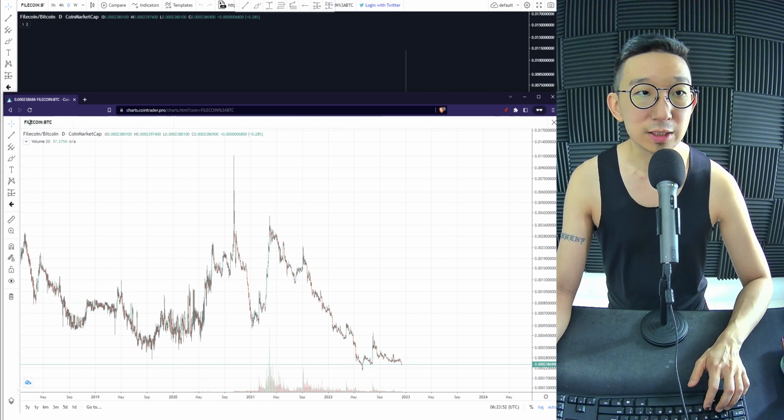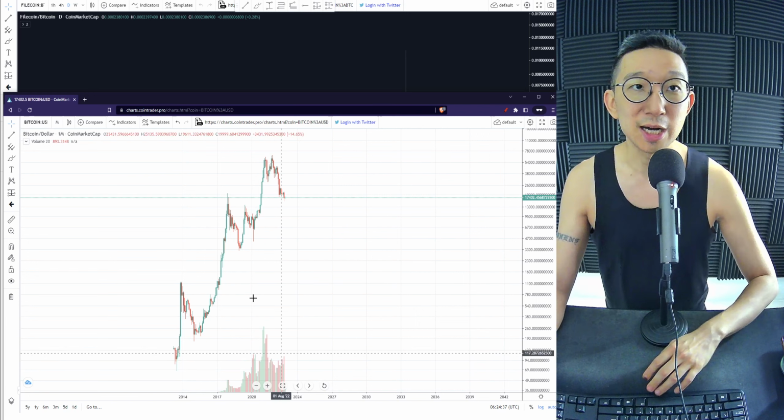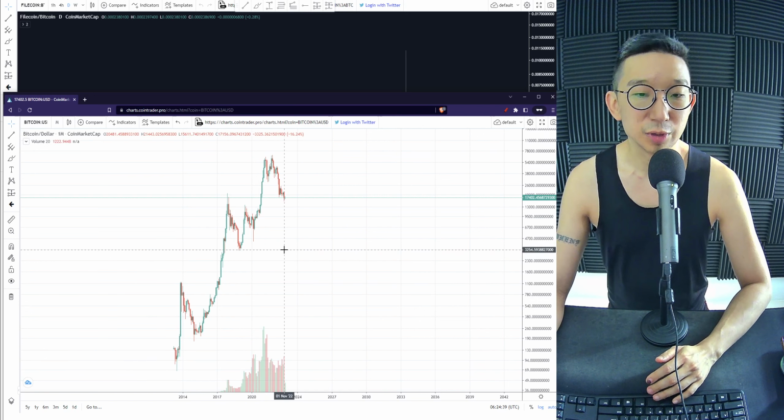What you want this data for, but you don't really know exactly how much is sold or bought. It's just the total. It's not split into buy and sell. And you don't really know exactly who is the one buying or selling. There'll be, for example, in the same month a lot of people buying and a lot of people selling as well. Buyers can also be sellers, sellers can also be buyers. So it's not entirely that accurate, but you can go to charts.cointrader.pro. You get full historical data of everything. I think that's the answer to your question.